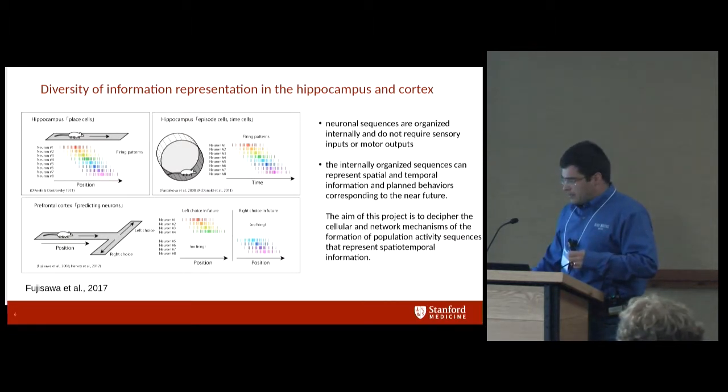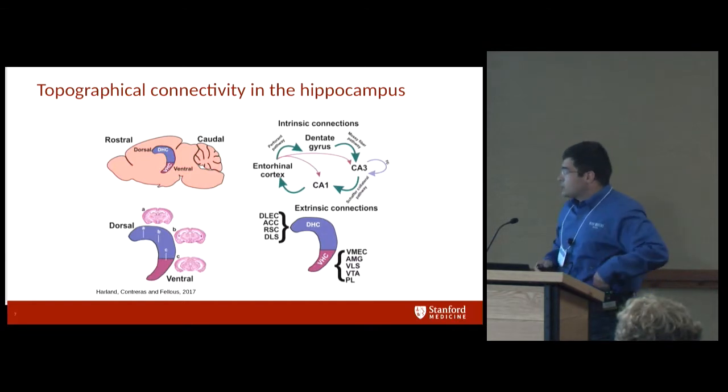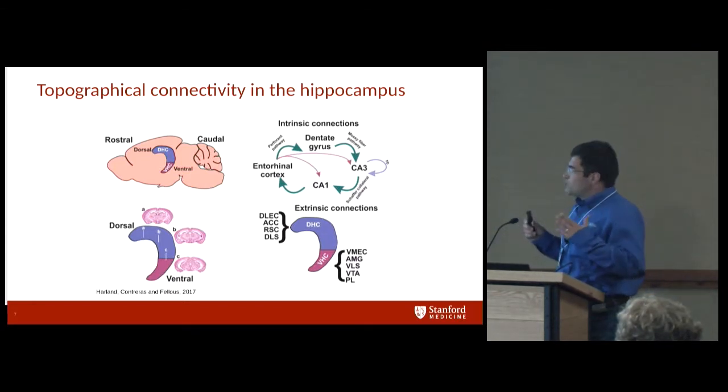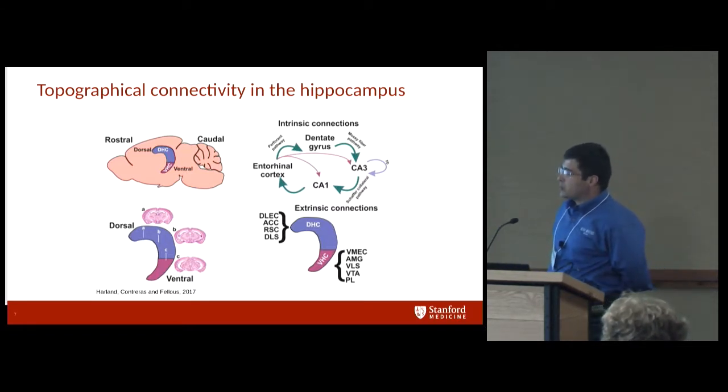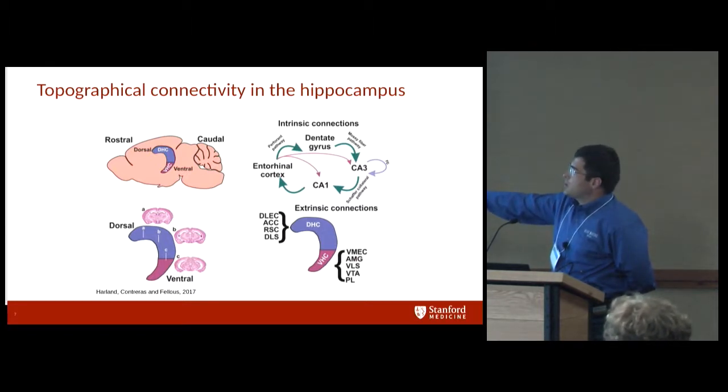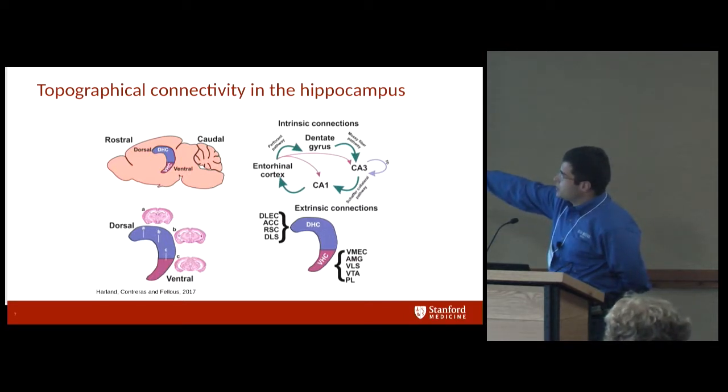Okay. And so the reason why we actually want to use Blue Waters and model at full scale has to do a lot with hippocampal anatomy. So this is the location of the hippocampus in the rat brain. And these are the names of the anatomical axes, so you can think of it as a long axis and a transverse axis. And this is the schematic of actually how the hippocampus is interconnected with the cortex. These are the three regions here.